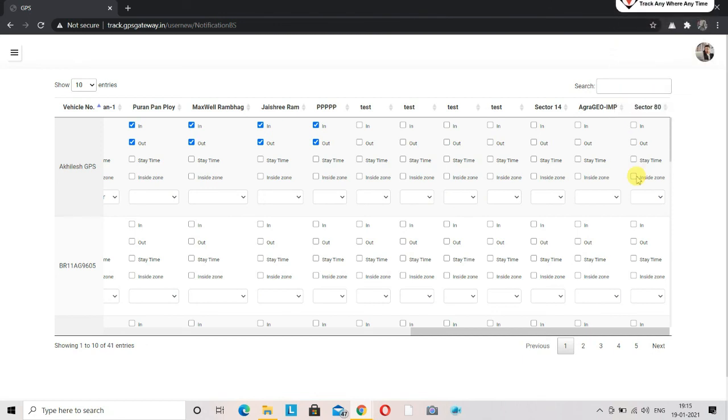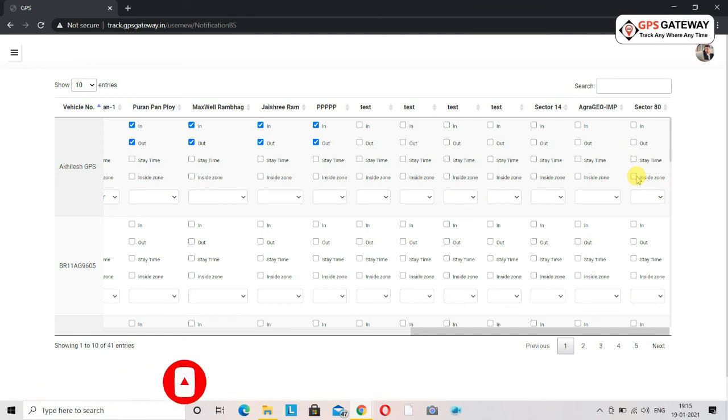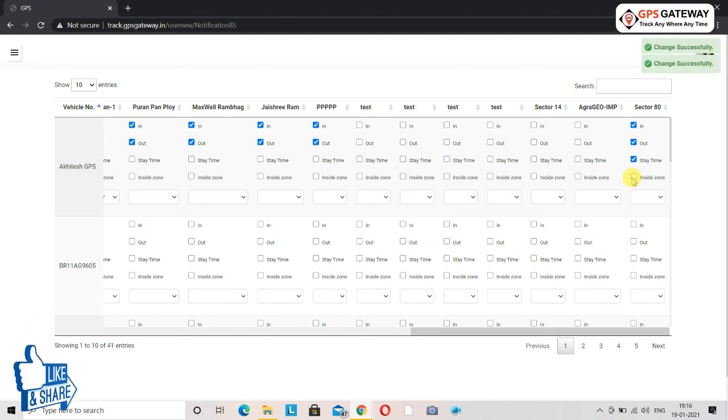This is helpful in a situation when the vehicle moves inside an area only. For example, there are some big companies. We'll take the example of Maruti. Now the manufacturing plant of Maruti is so huge that there are vehicles especially for its inside location. If you want to draw geofencing for inside location only, then you can tick the box beside this option. Otherwise, you can leave it as it is.